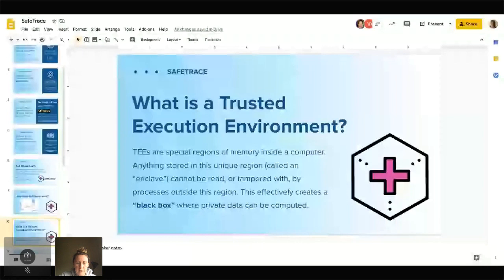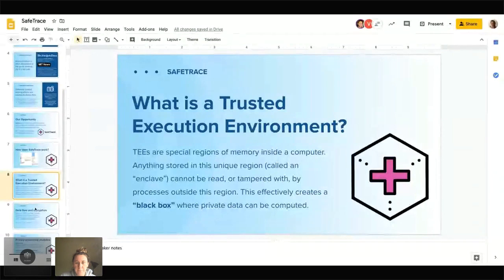And so what can happen is, as part of the process of certifying these, which is called remote attestation, an application can ensure that the trusted execution environment is both legitimate and hasn't been tampered with, as well as verify what code is actually going to be executed when the data is sent into that enclave. That's a process you can think of as somewhat analogous to an HTTPS certificate.